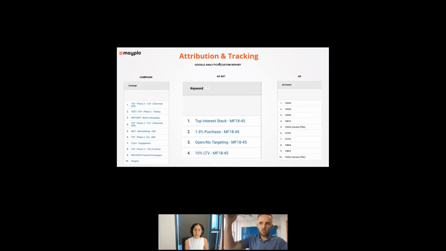So you're going to go into Google Analytics, you're going to build a custom report, and then you can recreate all of your data: your traffic, your purchases, your conversions, your revenue, your return on ad spend, etc. And then you can compare the two. That's the reason for doing this. Then you can compare your actual clicks to conversions,